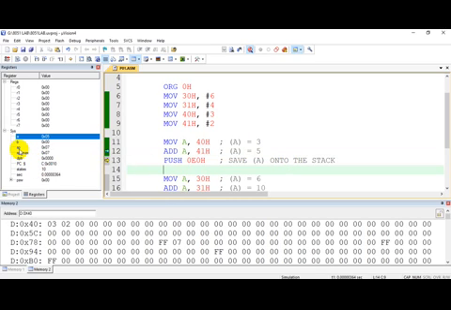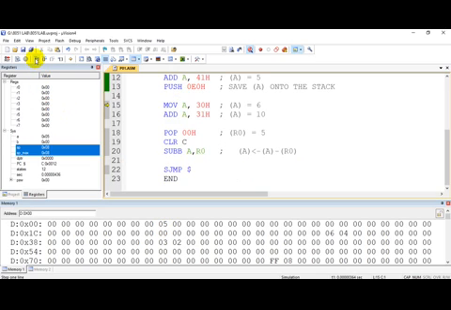By default the stack will be pointing to 07H, right? When I say push, stack pointer will be incremented by 1 and the contents of accumulator will be stored onto the stack. See here, this is 0, the first location of RAM, 1, 2, 3, 4, 5, 6, 7. So stack pointer will be incremented here and the contents of accumulator, 5, will be stored at memory location 8.